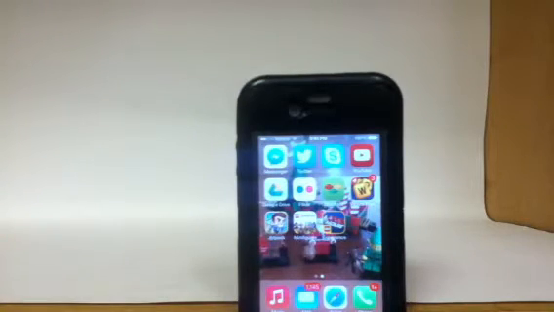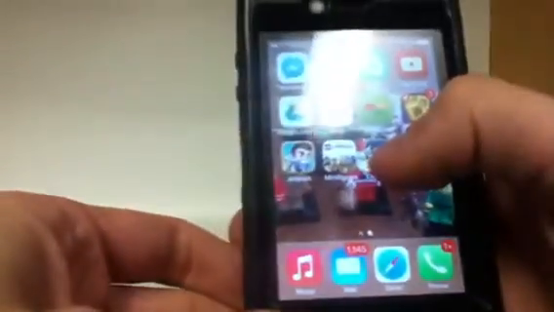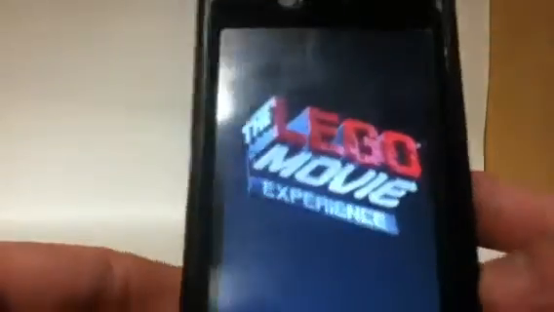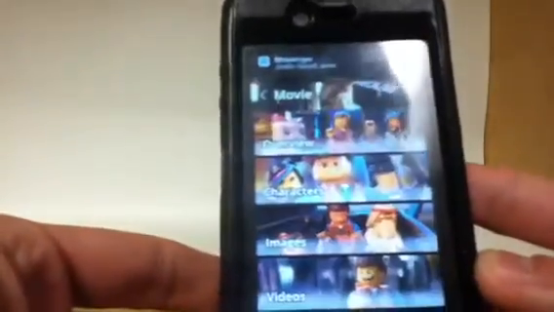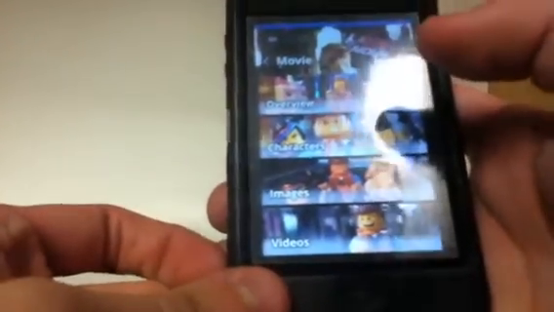In today's version of Game On, we're going to be looking at not really a game, but an app from the LEGO online app store. This is the LEGO Movie Experience app, which has just been released only a few days ago, in fact. The LEGO Movie Experience. Oops. A little message. I don't usually do app sections often, but I figure you guys might want to know about some of the latest technology in LEGO touchscreen